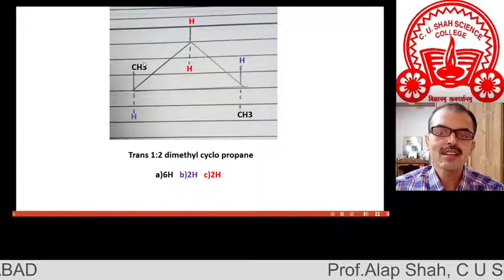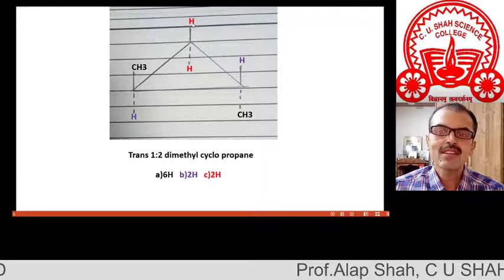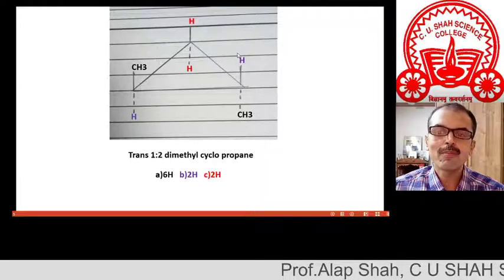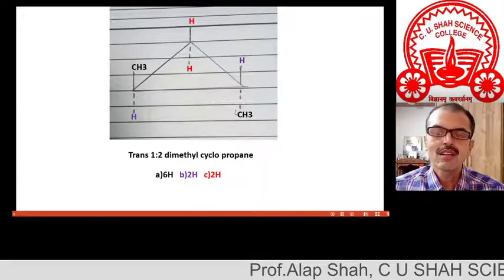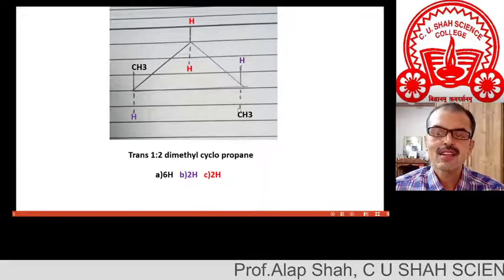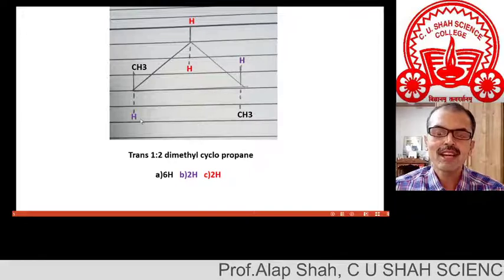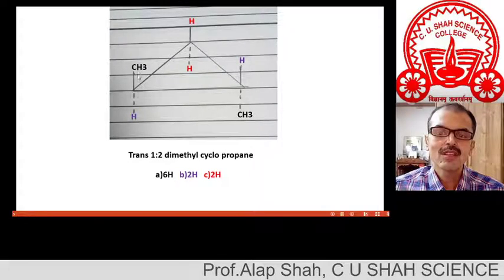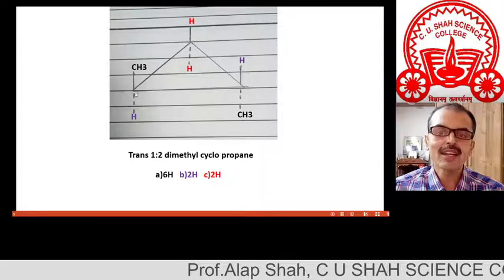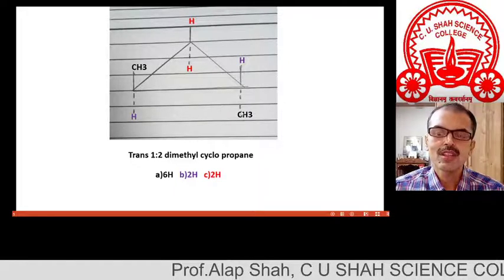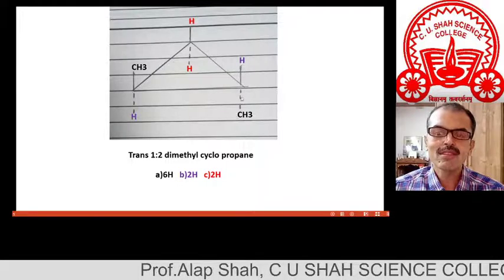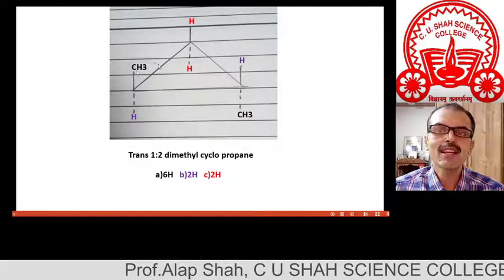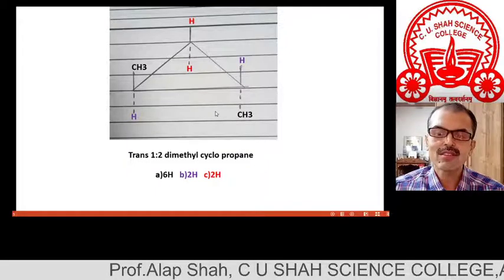This methyl in its vicinity can interact with this hydrogen, the red one, and the blue one, as they lie in its same plane above. Here also, this one can interact with the red one and the blue one in the plane below. Methyl is attached with a carbon, carbon having hydrogen. Methyl attached with a carbon, carbon having hydrogen. So by all means, these two methyl groups are equivalent. They would give rise to one NMR signal.